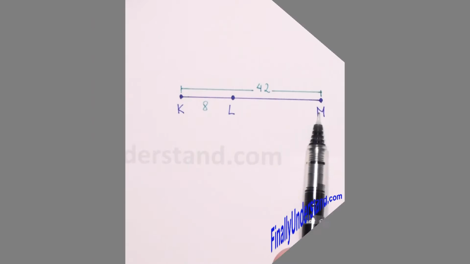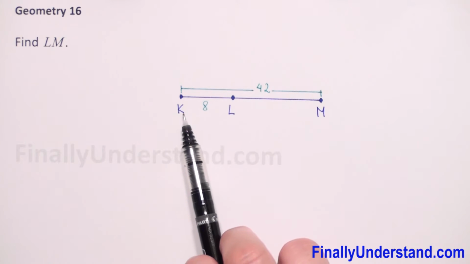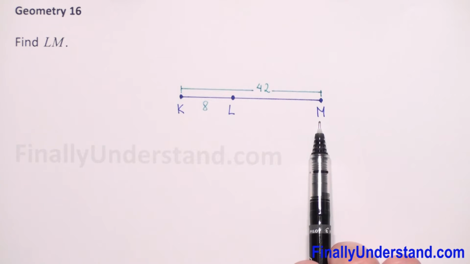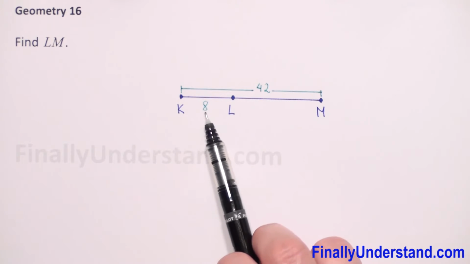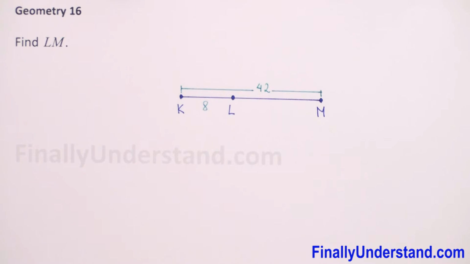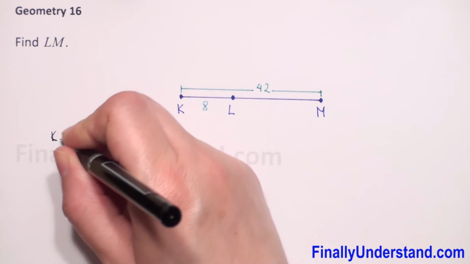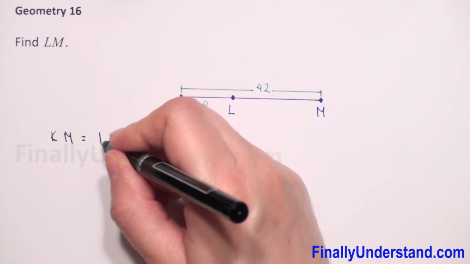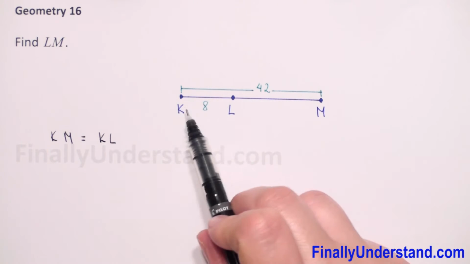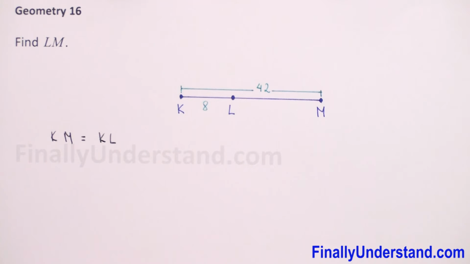We have to find the length of segment LM. We are given segment KM, that the length of KM is 42 and the length of KL is 8. So we can write the equation that segment KM is equal to KL, because L is between K and M,